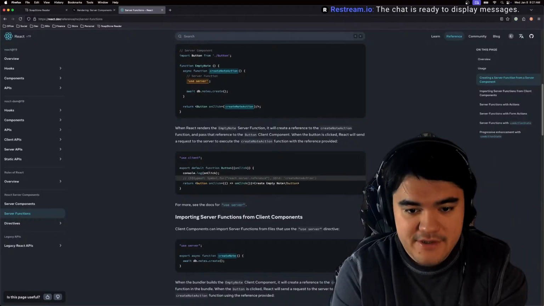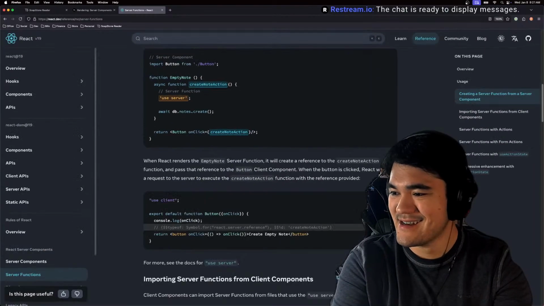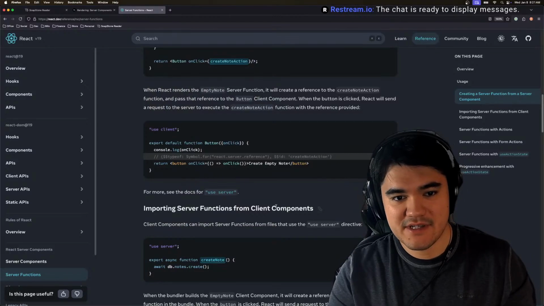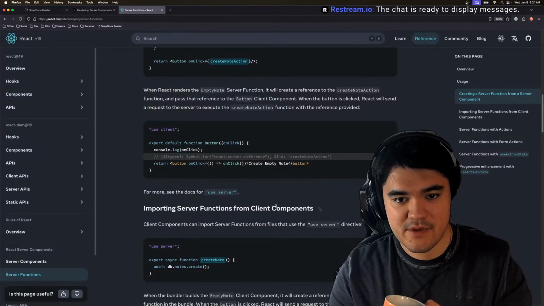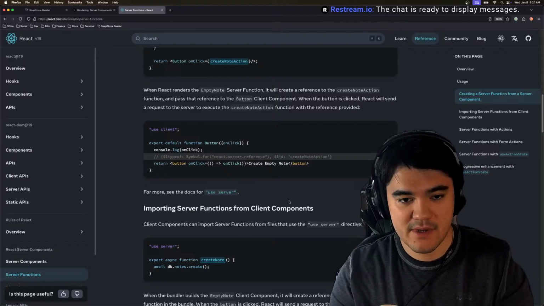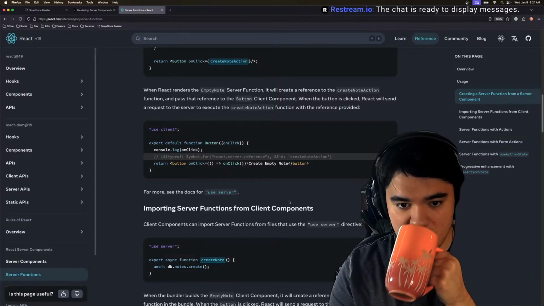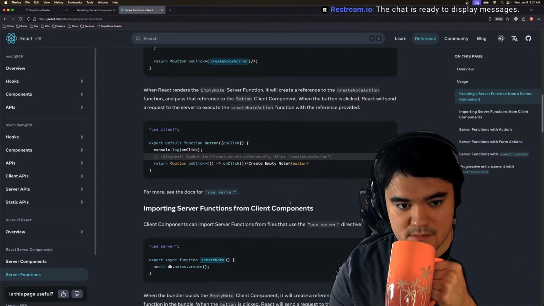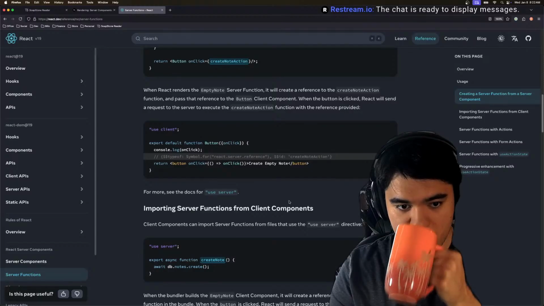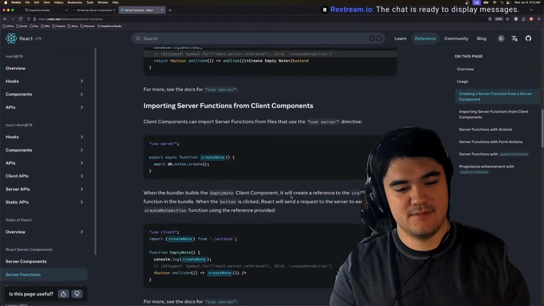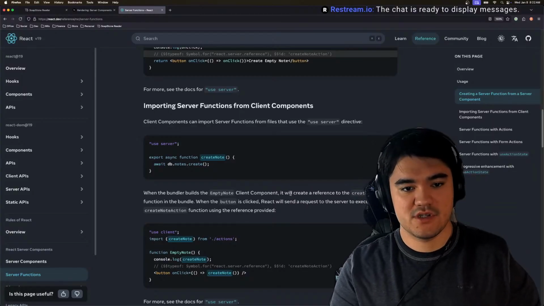Sorry, what the hell is that saying there? That's not English. When React renders the empty note server function, it'll create a reference to the create note action function and pass that reference to the button client component. Let's click to request server. What? Importing server functions from client components.